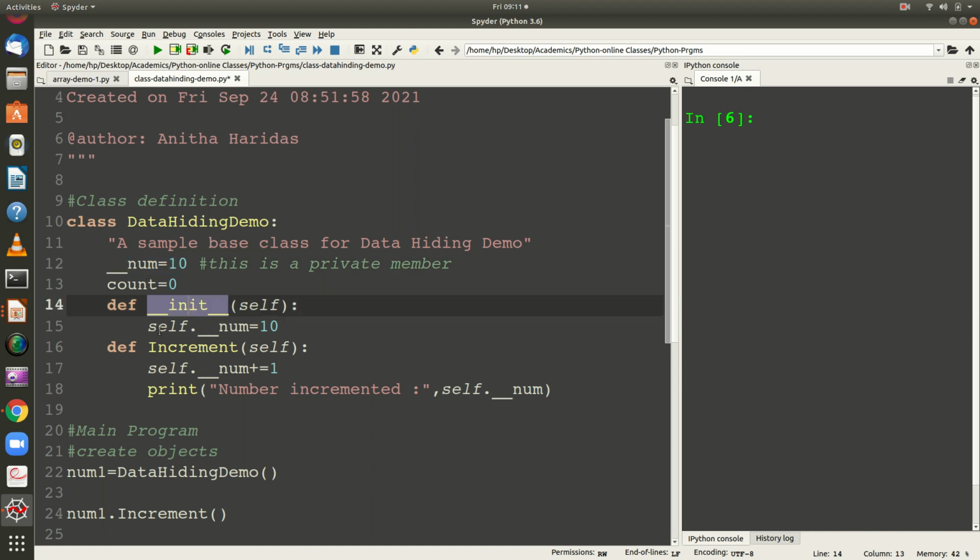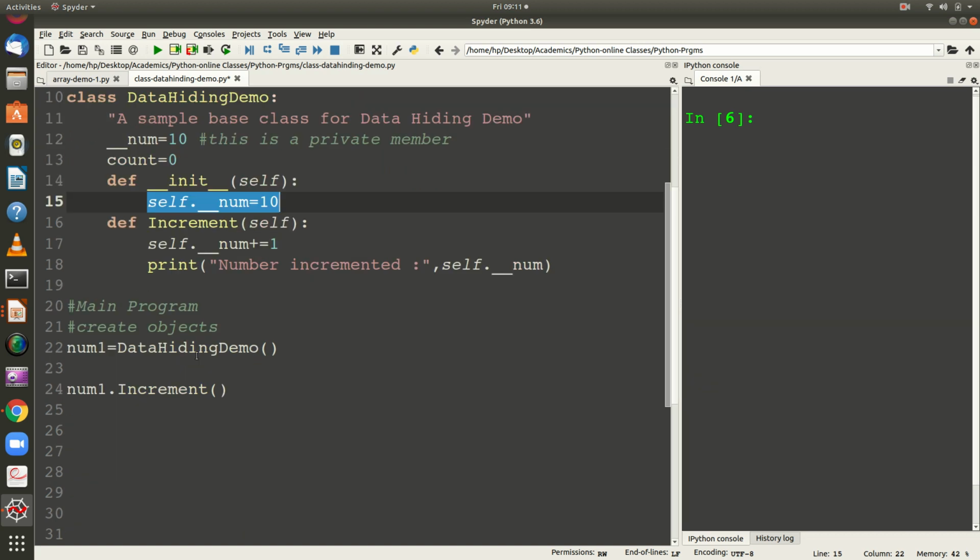So, this member can be accessed only inside the method. You can see here I have a constructor where I am initializing with 10, and of course, this initialization can also be done this way. I am having the constructor here just to show that the constructor should always be a part of your class definition, right? So, here I have already initialized it with 10, but even then I am initializing it again here, because it is a good practice to have a constructor for all class definitions. Then I have a method called increment, where I am going to simply increment it.